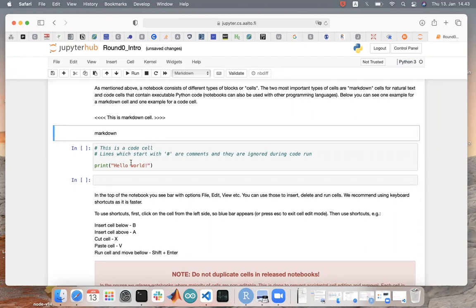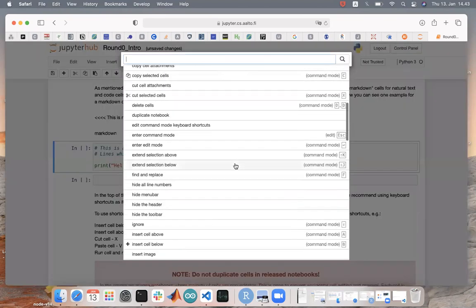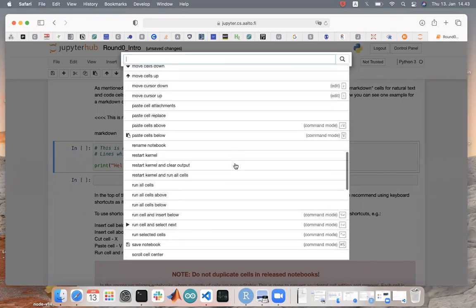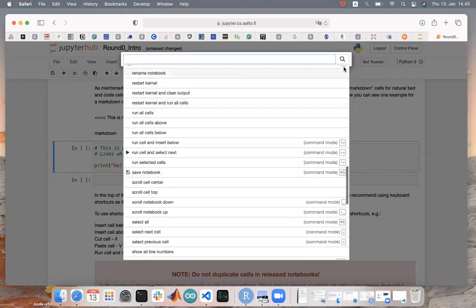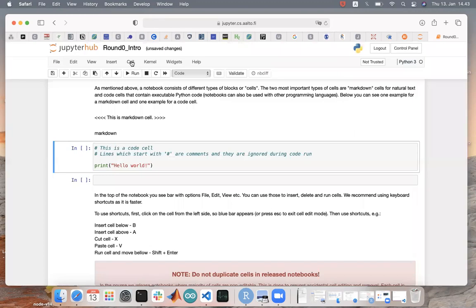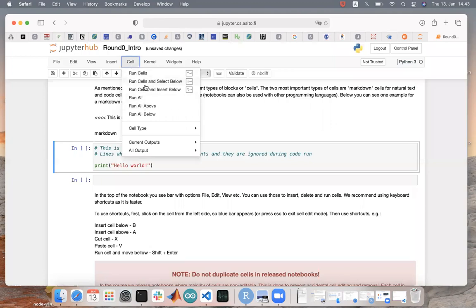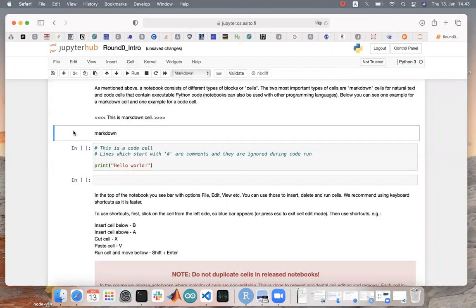You have different kinds of keyboard shortcuts that you can, I believe, see here. So it's easier just to run if you know these keyboard combinations. Or alternatively, you can use this run button, stop button, run cells, or run all above, run all below. One thing that we will ask you is do not copy and paste cells, because there is some hidden metadata, and if you copy the cells, this will mess up the auto-grading process.